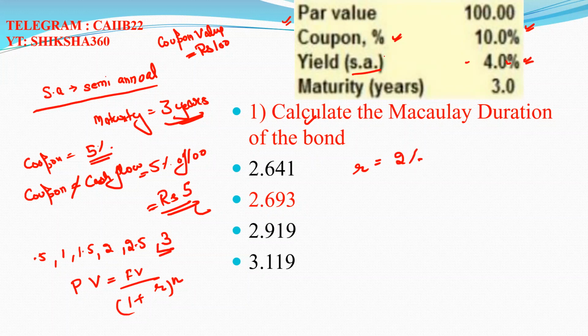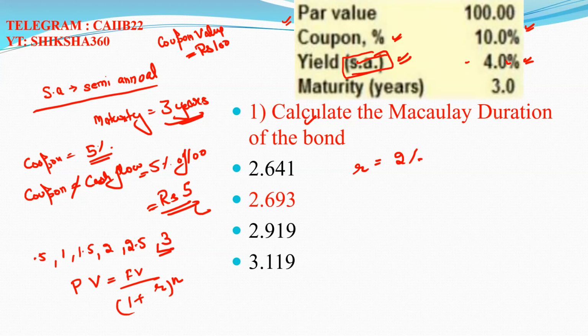Because this is semi-annual. Some students are saying that, sir, we are taking it as annual. That's why I will give this question, because we have already discussed the annual question in the class, but we have not discussed a semi-annual question. Many of you are perhaps not aware that SA means semi-annual. So now let's try.